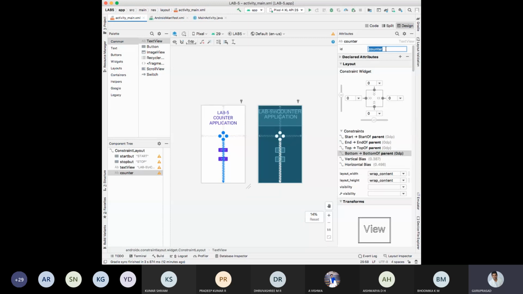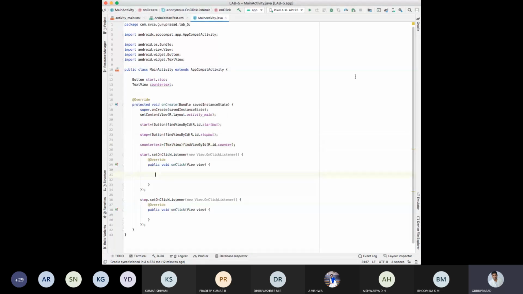Getting my point? The same thing, counter. Okay, counter text. Upon clicking the start button, the counter should start displaying. Upon clicking stop, the counter should stop displaying. Correct? Shall we start? Okay.